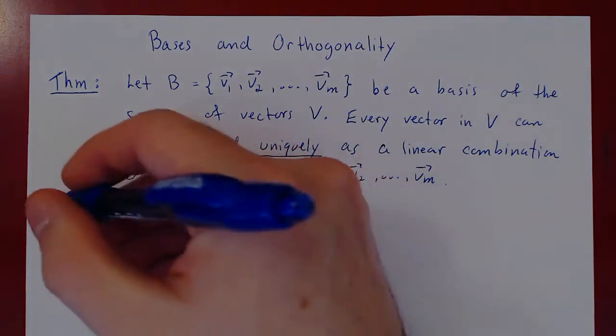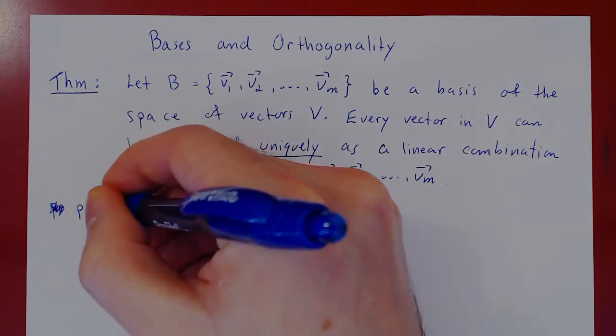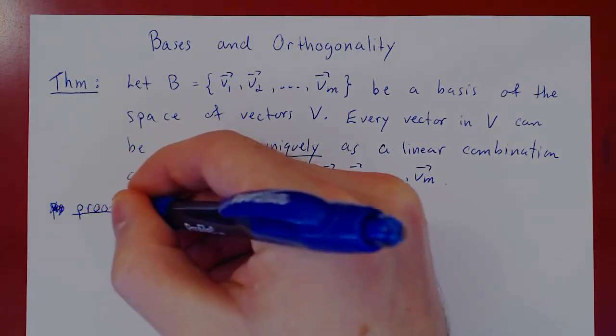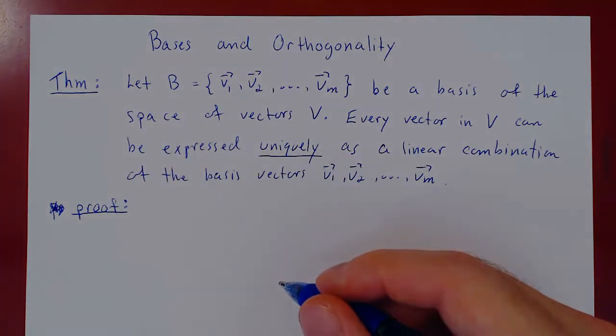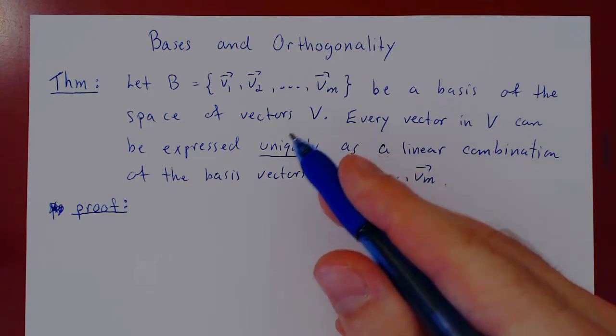Let's prove this, and the proof is actually very easy. There is, though, as you'll see when we get there, a fundamental idea, and that is, how do we prove uniqueness